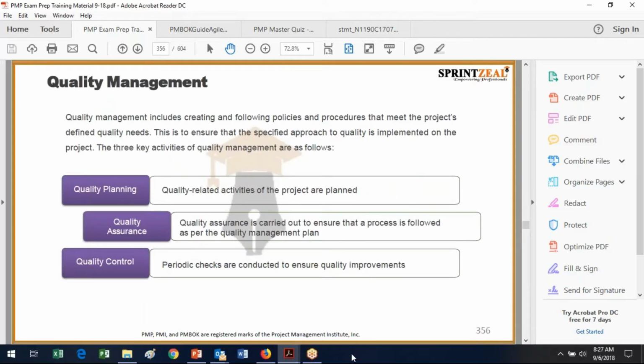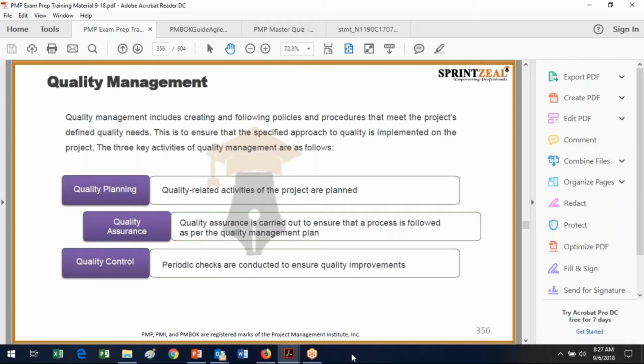So quality management has basically 3 processes. You've got quality planning, because you've always got a plan. You've got to have quality assurance to make sure that the processes that you have set in place are actually followed. And then you've got to have quality control to look at what's working and what's not. Obviously, if you have intended a process to make things better, easier, faster, more adherent to the requirements, and it's anything but that, you definitely don't want to keep doing that.